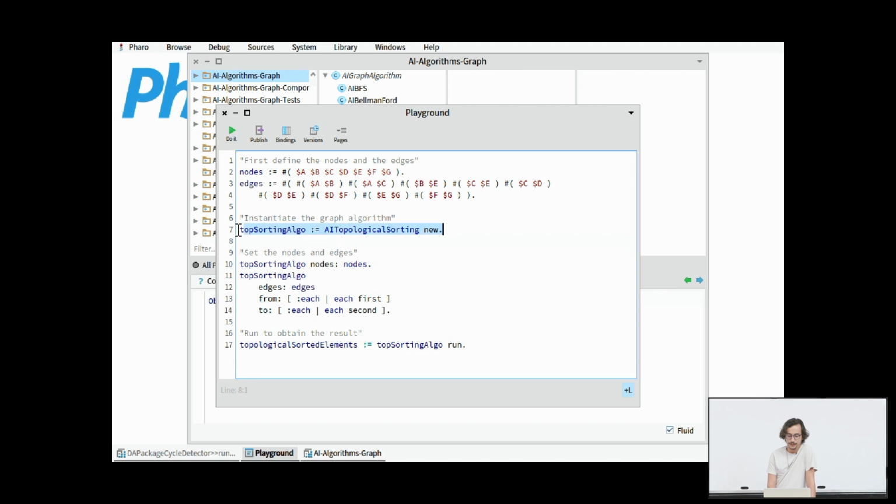So we declare the algorithm. In this case, it's a topological sorting algorithm. We say, okay, these are the nodes, and these are the edges that go from the first to the second, because as you can see here, the edges are declared as a list. But again, the edges can be any type of object. You only need to specify here in the from and to which message you need to send to get the relationship. If we execute this, and then we run the algorithm with the method run,